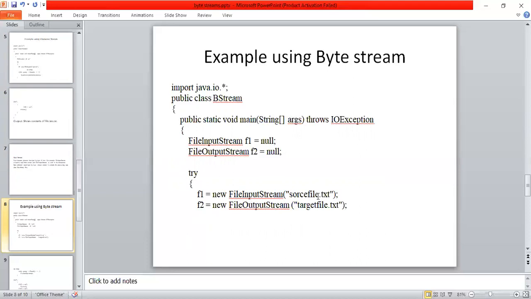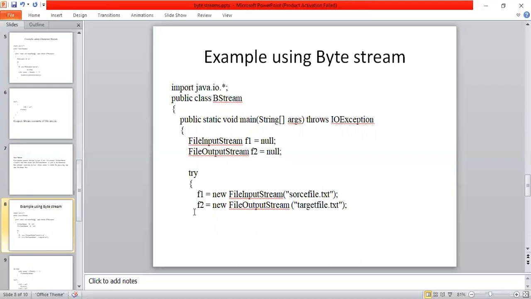From this sourcefile.txt, I'm reading content and writing the same content into another file called targetfile by using a class called FileOutputStream. So FileInputStream is used to read data from either a file or the keyboard, and FileOutputStream is used to write data into a file or onto the screen. In my example, using FileInputStream I'm reading data from this source file and writing the same data into the target file using FileOutputStream.